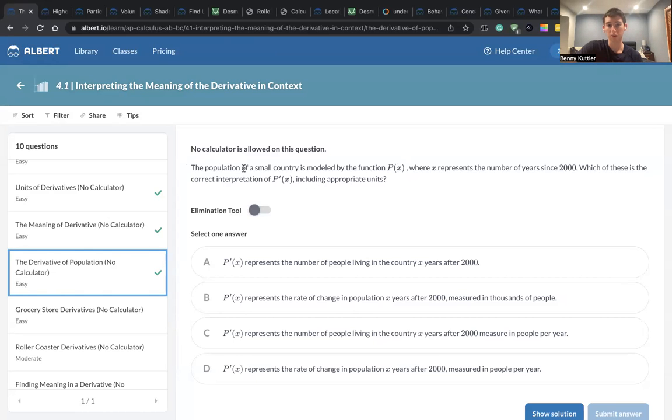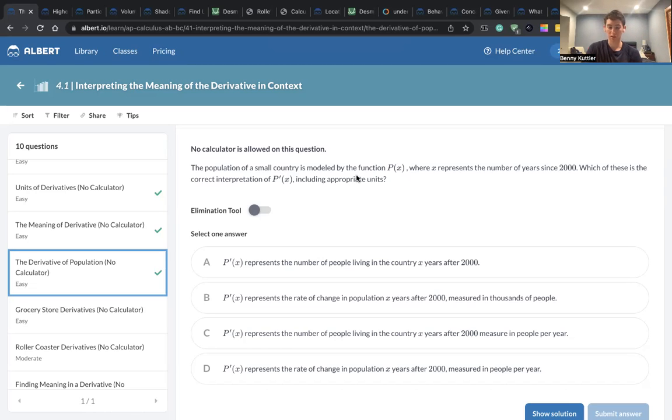So here it's asking, the population of a small country is modeled by the function p of x, where x represents the number of years since 2000. Which of these is the correct interpretation of p prime of x, the derivative of p of x, including appropriate units? So as a general rule of thumb, whenever